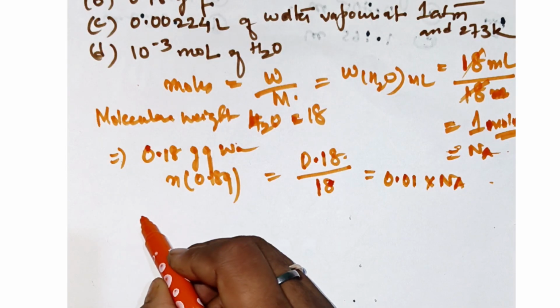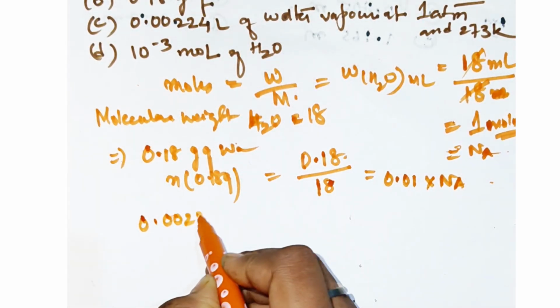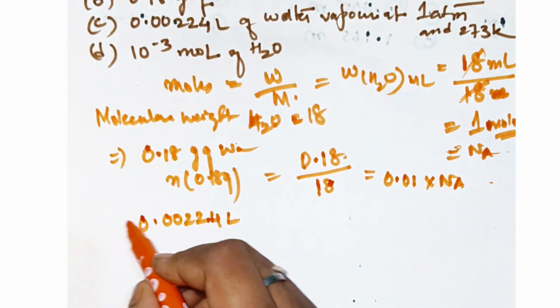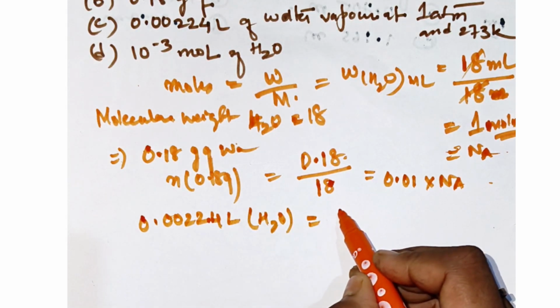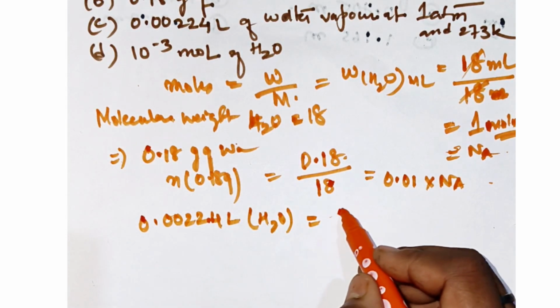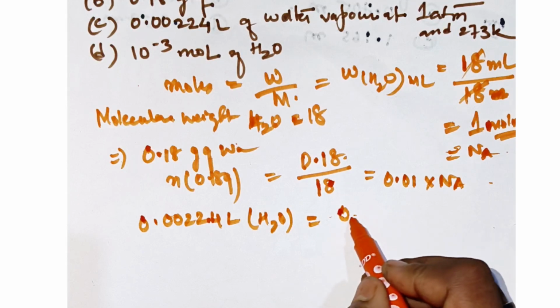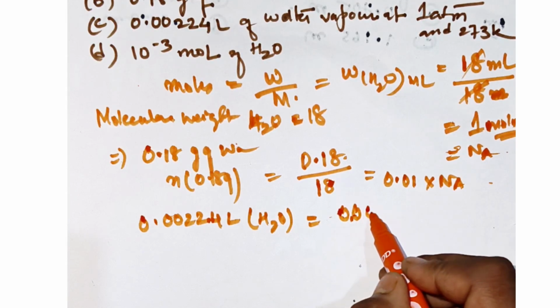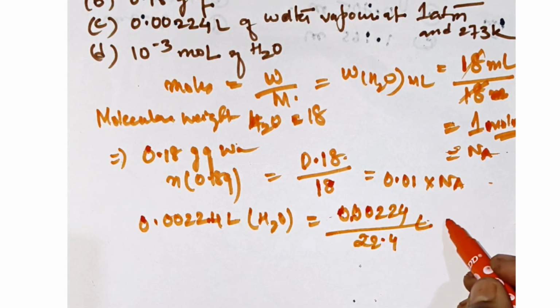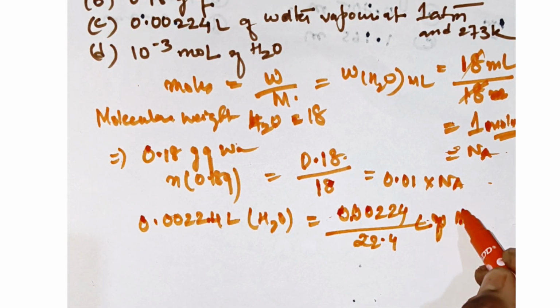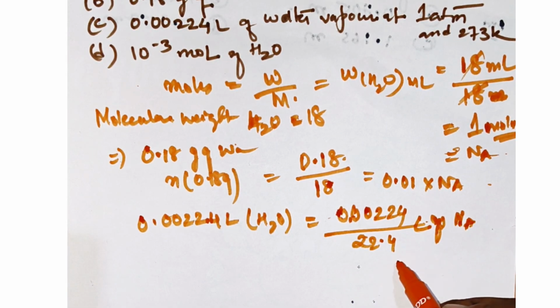Then comes option C, 0.00224 liter of water. That means, see, this is in liquid form, so we will use that formula, weight divided by 22.4 liters. So 0.00224 divided by 22.4 liters is given to you into Na. So it will be around